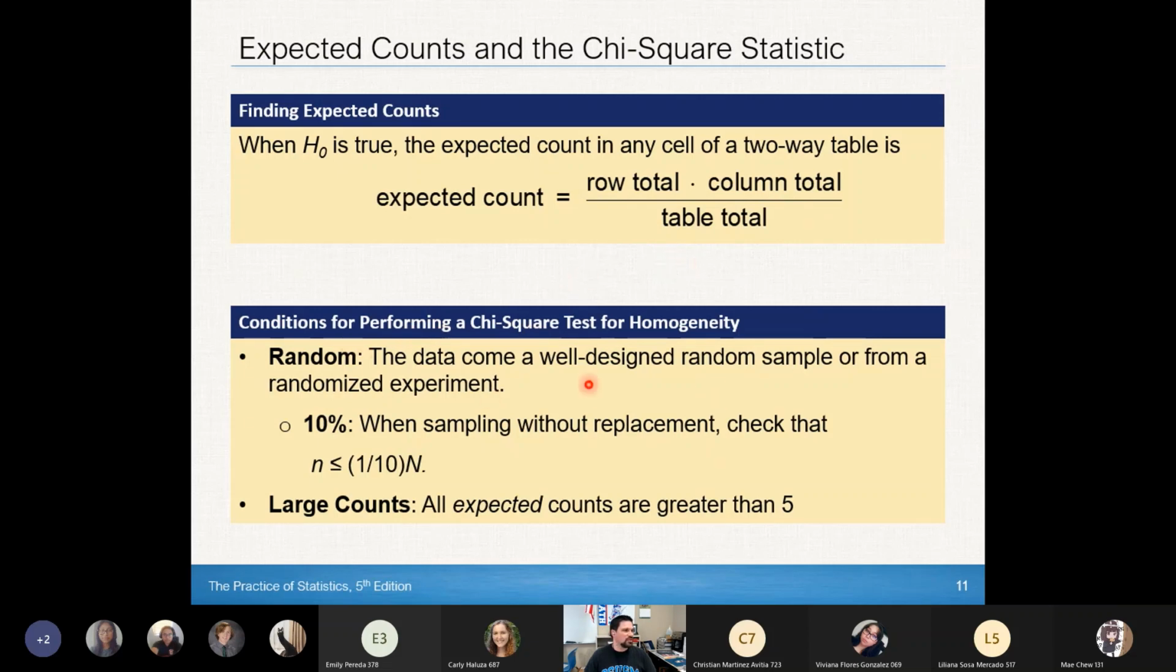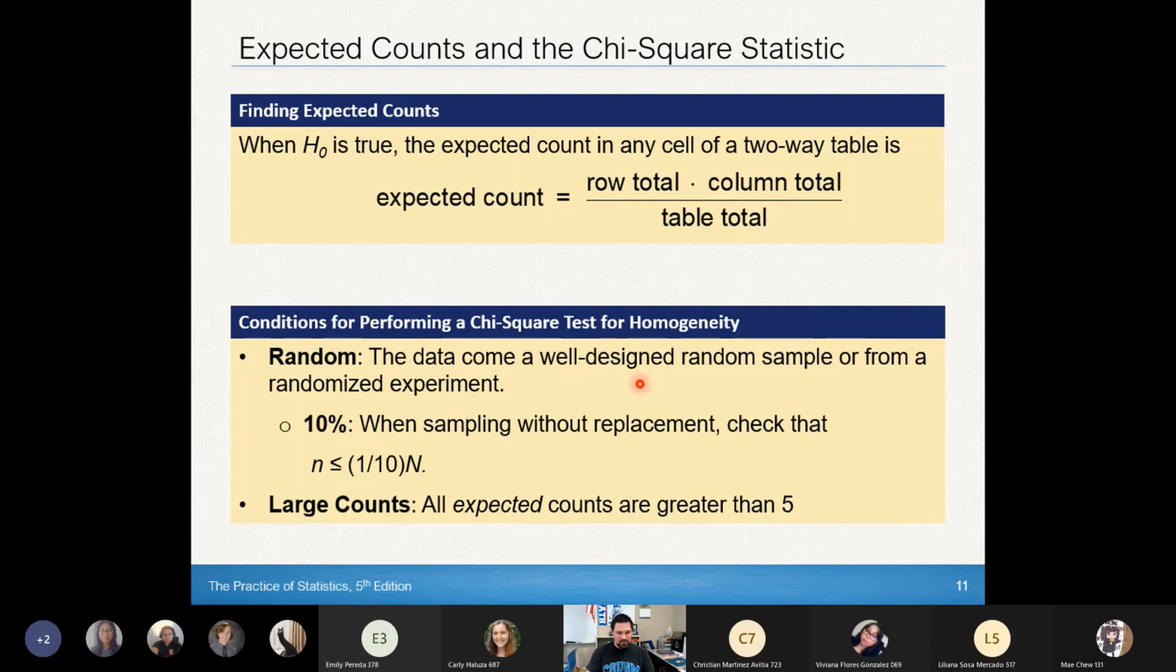And then we have our conditions for performing a chi-square test for homogeneity. We have the random, 10%, and large counts conditions, as we have seen previously. I'm not sure why this has an error in it, and this is a picture, so I can't fix it, but in the random condition for performing a test of homogeneity,